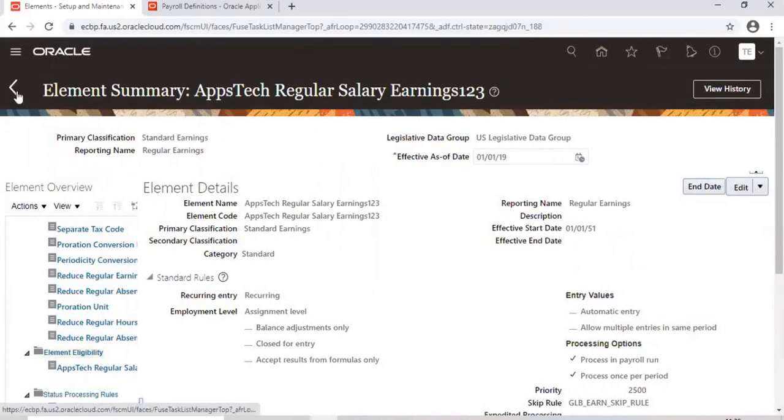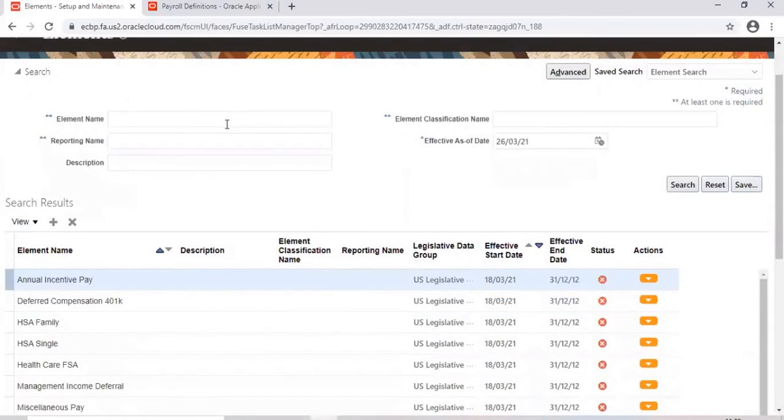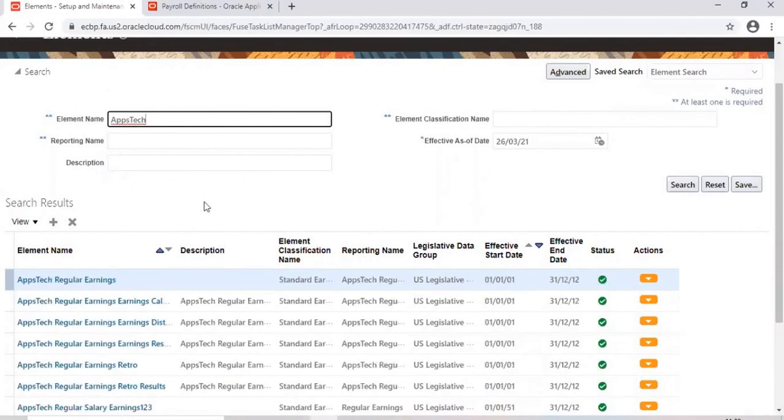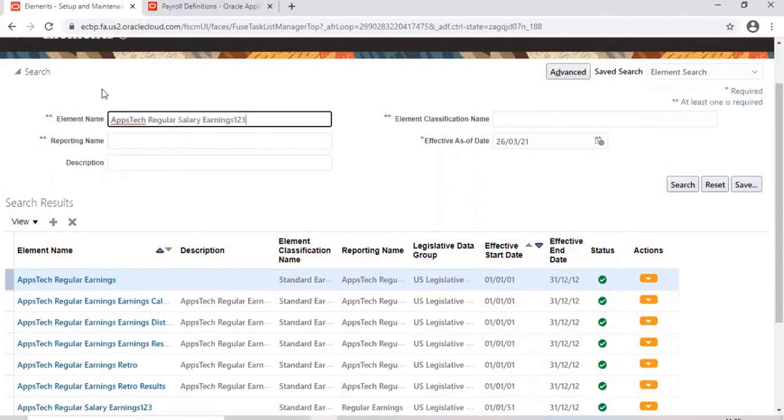Okay, so this is the element definition we have. Now, if you search that element, what is the element definition name that I have? Okay, this is the element, right? Look at that.